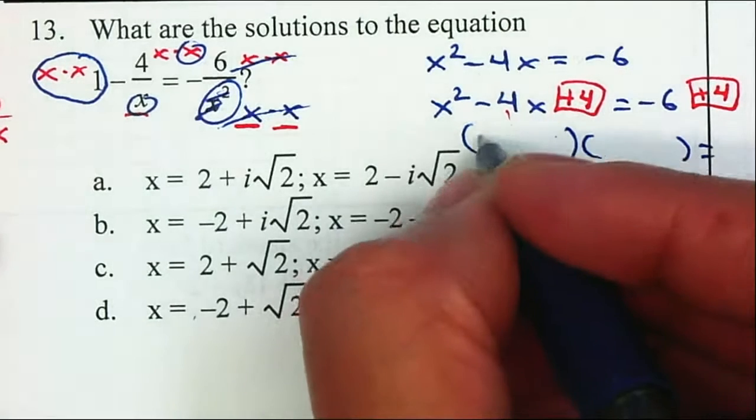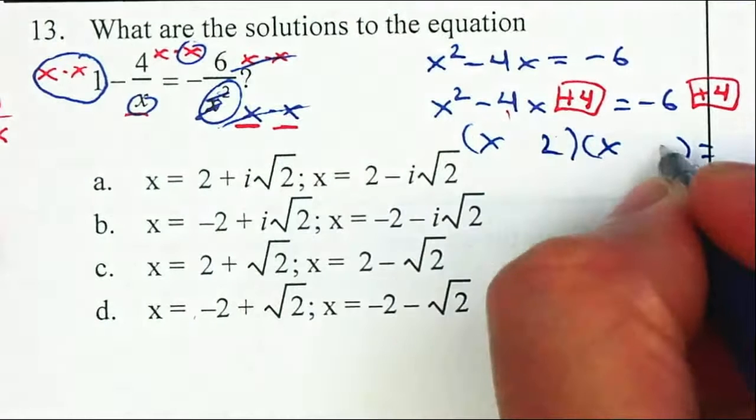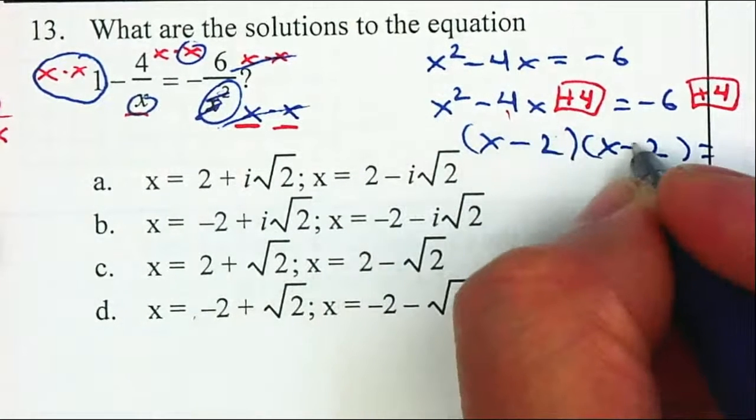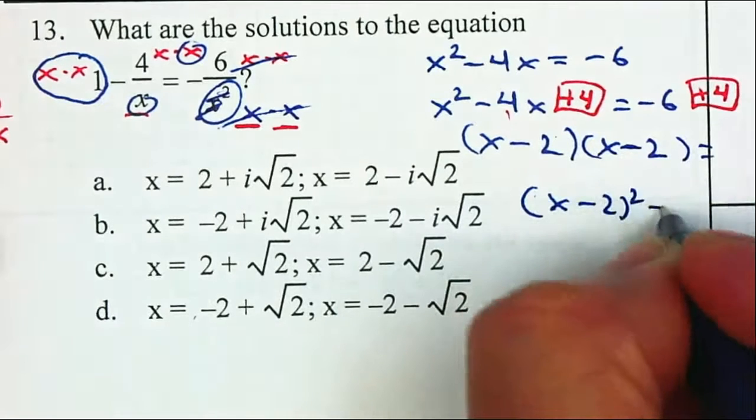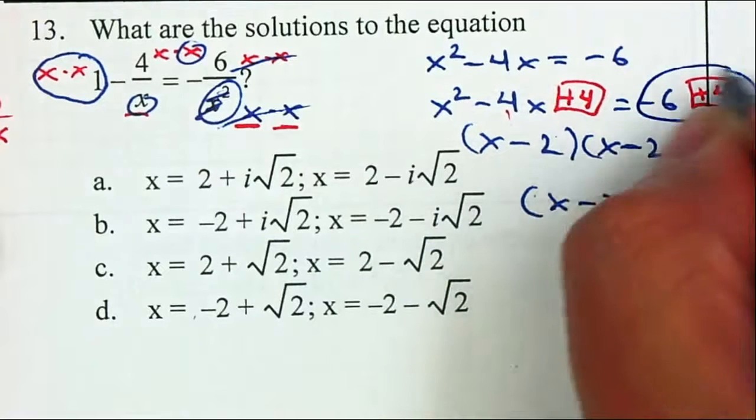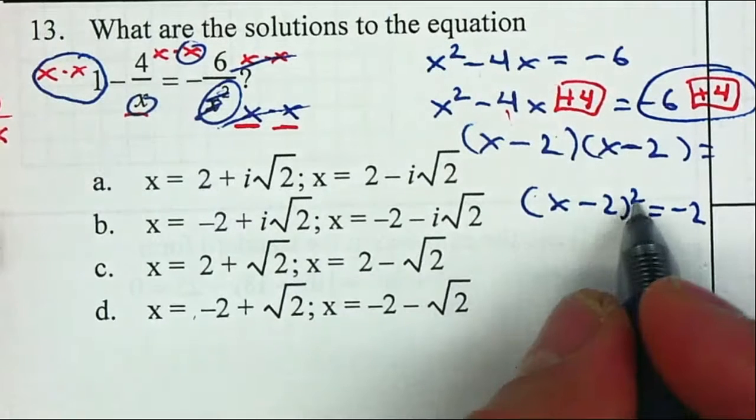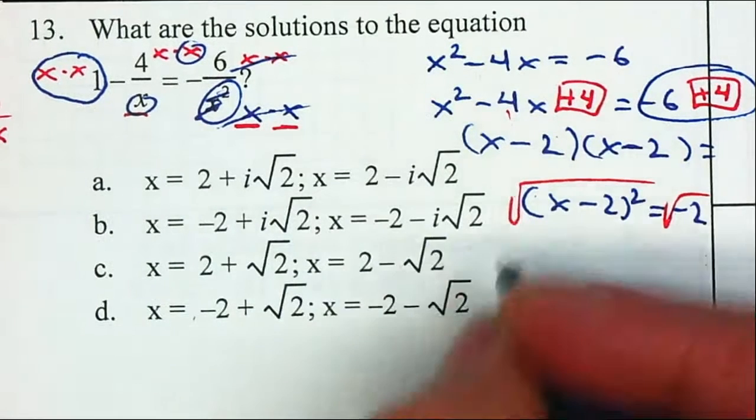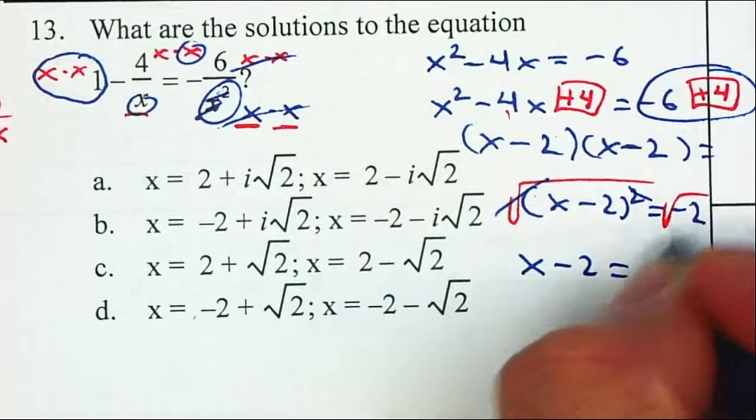Now I'm going to rewrite it. Factoring this gives me x and x. Factors of 4 give me 2 and 2, and I need negative 4, so they both should be negative. I'm going to rewrite it as x minus 2 squared. On the right hand side, this will give me a negative 2. Now to get rid of the square, I'm going to take the square root on the left and on the right. The square root and square cancel, so now I have x minus 2 is equal to the square root